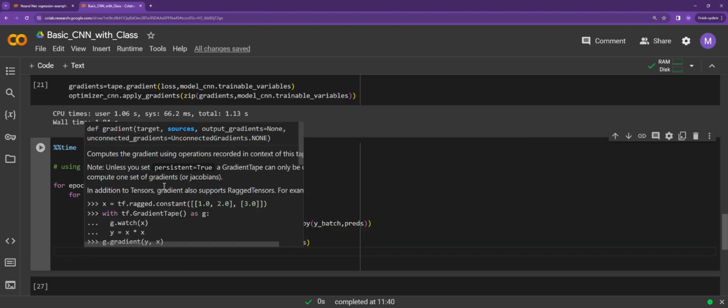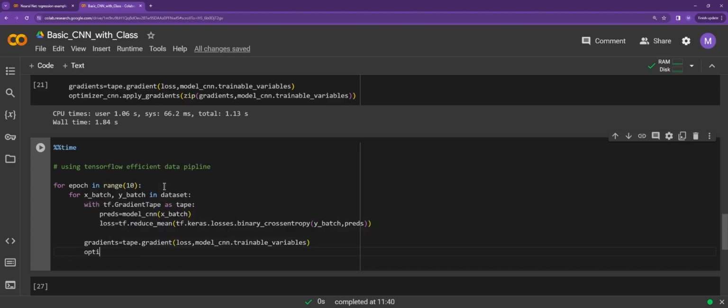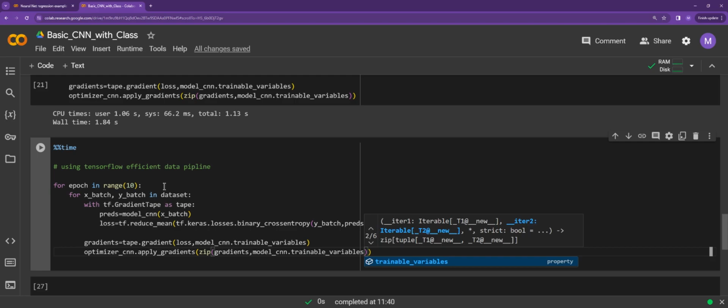Okay, and optimizer_CNN's method .apply_gradients, zipping the gradients and model CNN.trainable_variables. Okay, so